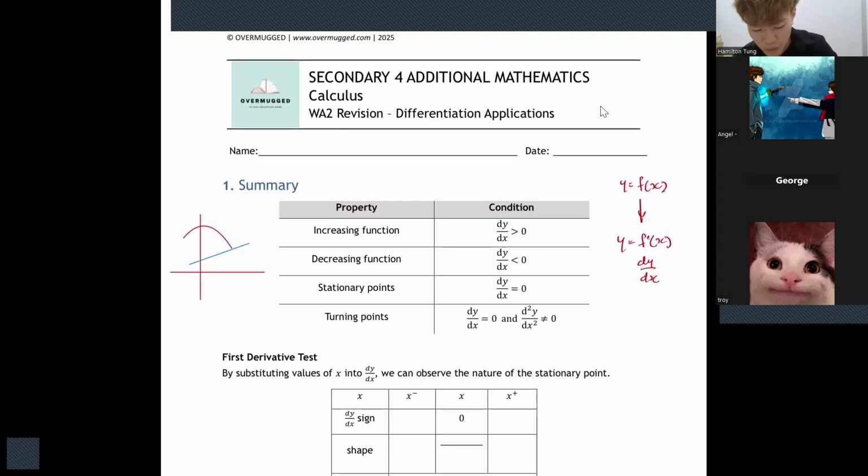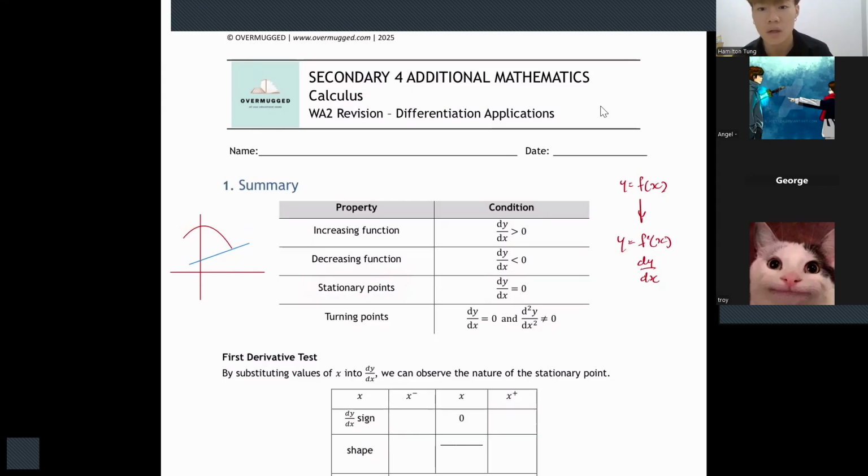Stationary points are points where the gradient is 0. So if you look at, say, the peak, the max point here, or the min point, or stationary points of inflection, these points are where your dy/dx is equal to 0, because at that point, instantaneously, say this point is our max point, the gradient is 0. If I draw a tangent here, I can see that instantaneously the gradient is 0 because the tangent is horizontal.